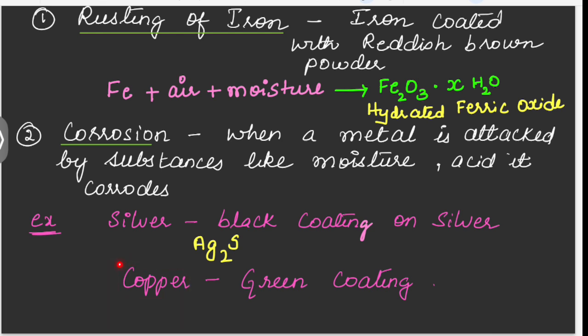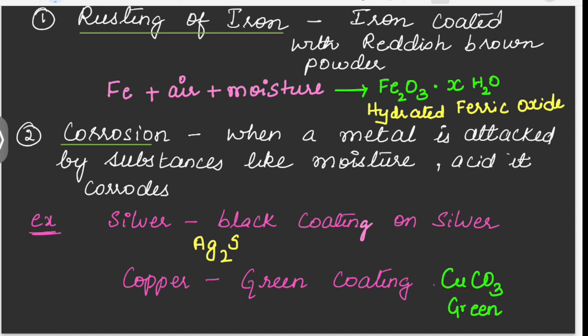Copper, which is brown in color, when it is kept open for a longer time, a green color coating can be seen, which is called corrosion. So what is this green color? Chemically, copper would have been converted into copper carbonate, CuCO3, which is giving this green color